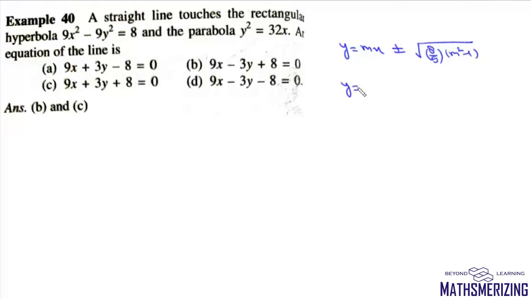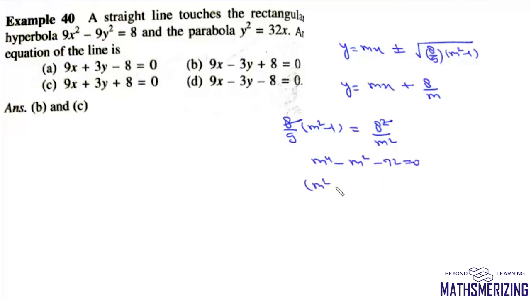m square minus 1. And in case of a parabola, equation of tangent is given by y equals mx plus a by m. And a in this case is simply 8. So it'll be 8 by m. Now these two equations represent the same line. So from here we can write 8 by 9 m square minus 1 must be equal to 8 square upon m square. Now here 8 and 8 will cancel. So we'll get this result as m to the power 4 minus m square minus 72 equals 0. And there'll be m square minus 9 into m square plus 8 equals 0. So value of m must be